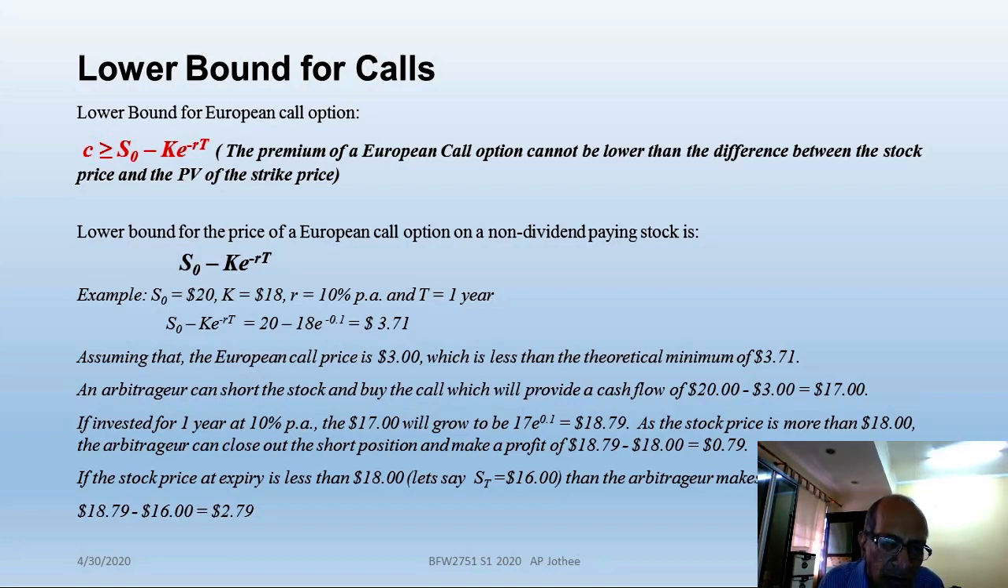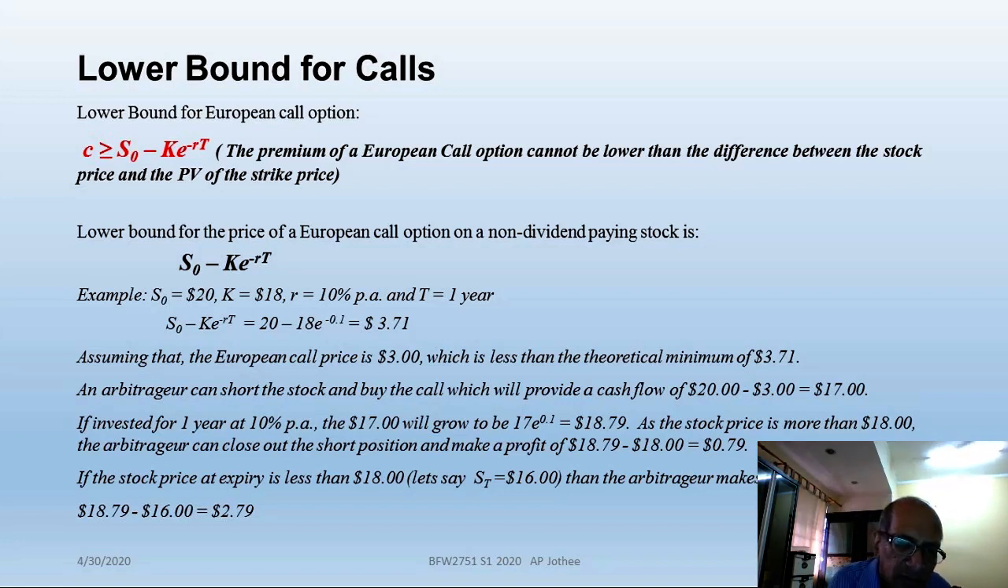Assuming that the European call price is $3, which is much lesser than the theoretical minimum of 3.71, what will happen? An arbitrager can short the stock and buy a call, which will provide a cash flow. You short the stock, you sell the stock for $20, and you buy the European call option at the price of $3, immediately you get $17. If you invest the $17 at 10% per annum for 1 year, it will grow to become $18.79. As the stock price is more than $18, the arbitrager can close out the short position and make a profit of